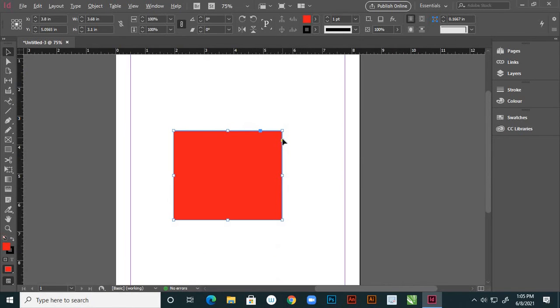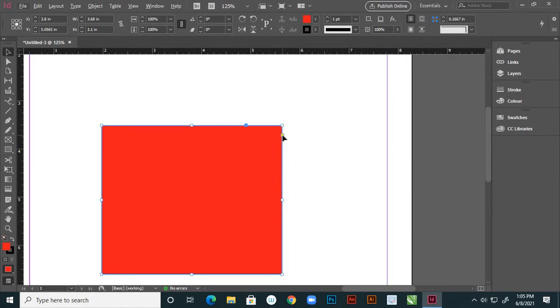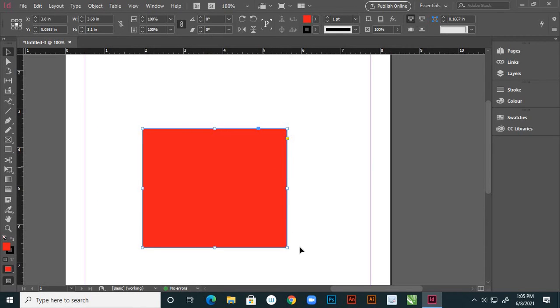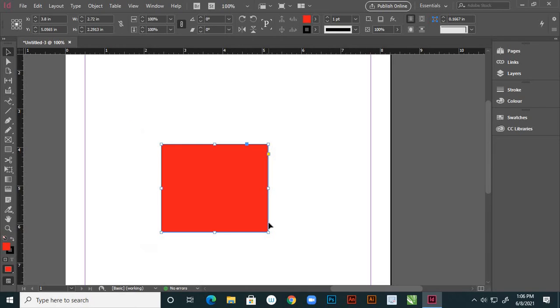Before that, I want to explain how to decrease and increase proportionately. By using Alt and Shift on the keyboard, you can decrease and increase your object proportionately, right?